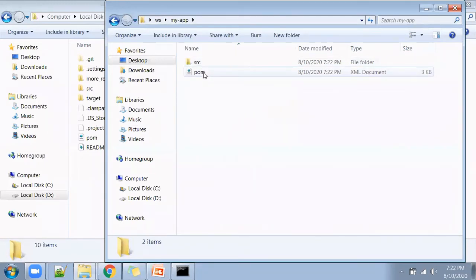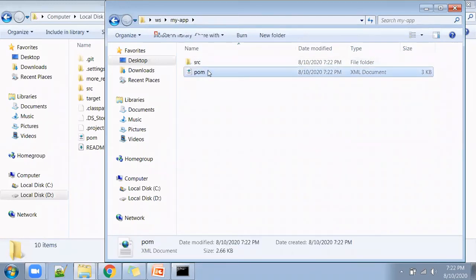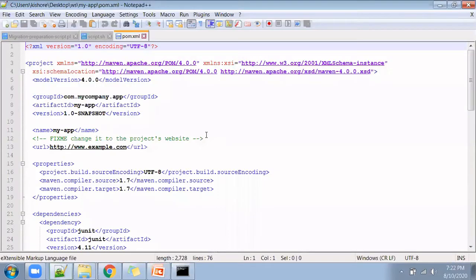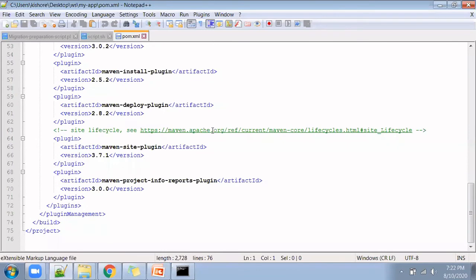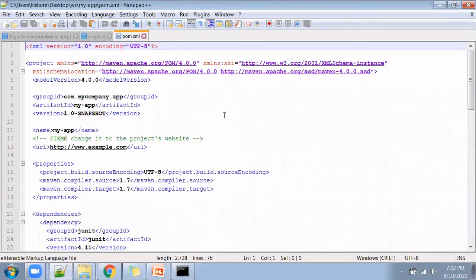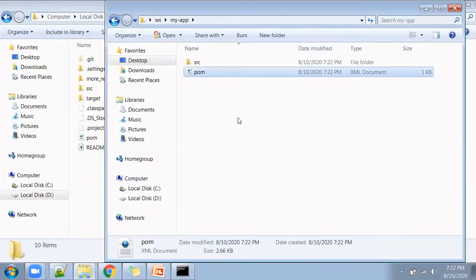It has one pom.xml. This is the pom.xml I was talking about. This pom.xml will have some XML document, and it will refer the source code and the respective plugins and respective dependencies. We'll come to this later.